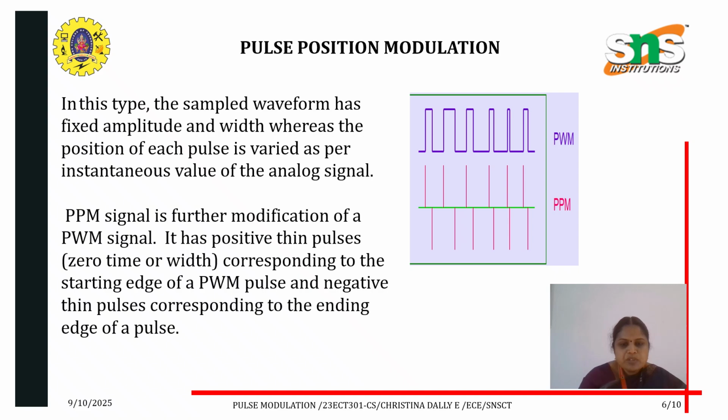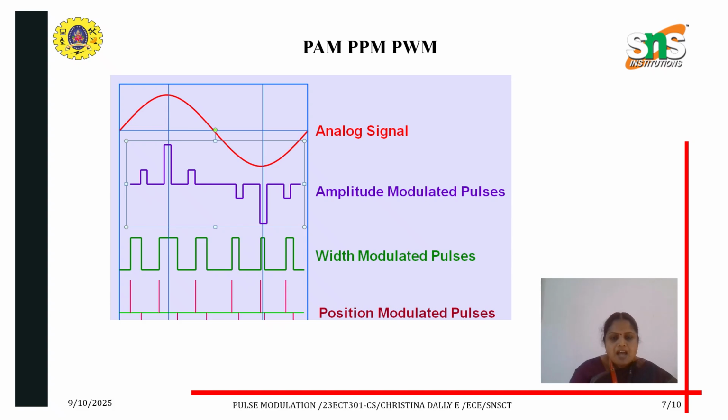The next one we are going to see is pulse position modulation. Here, in the sampled waveform, the amplitude and the width are fixed. The position of each pulse is varied according to the instantaneous value of the analog signal. Here the PPM signal is further modified into the PWM signal. Here we have the PWM pulse and the negative pulse corresponding to the edge of the positive pulse. So this is the differentiation of the